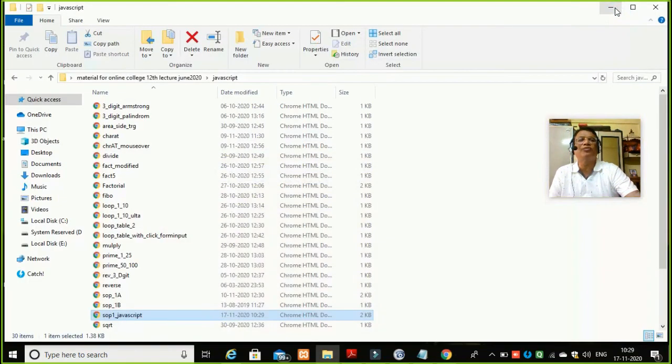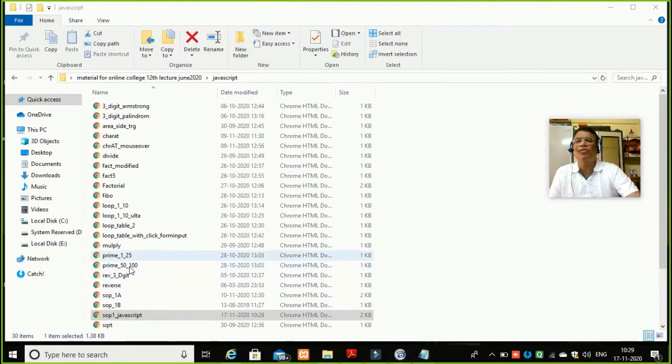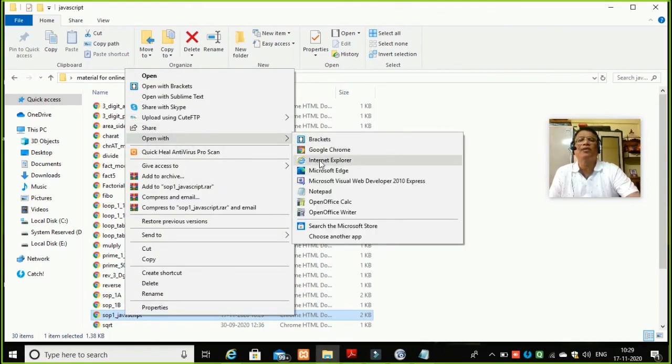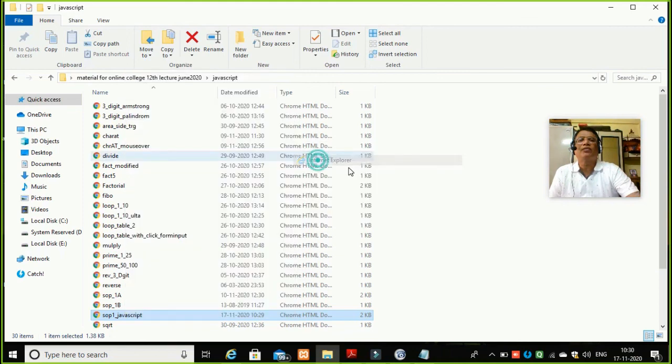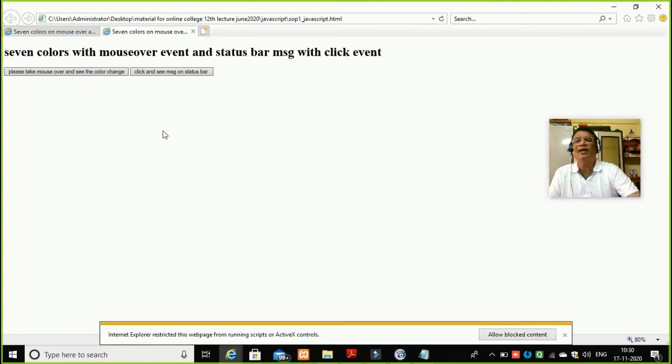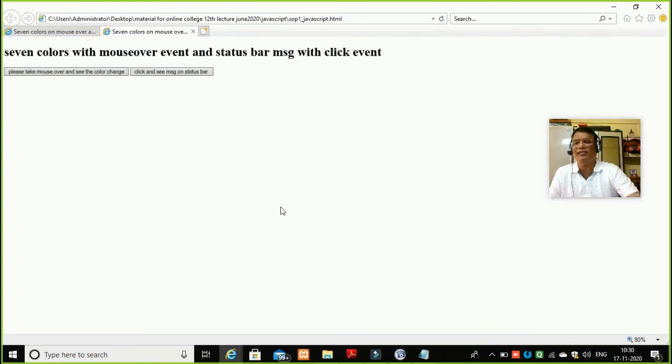So what I should do, I should close this browser, close this program. I should go again here. I should not make this mistake when I am doing my practical exam. Go here, go to Internet Explorer. Here now I will select allow blocked content.